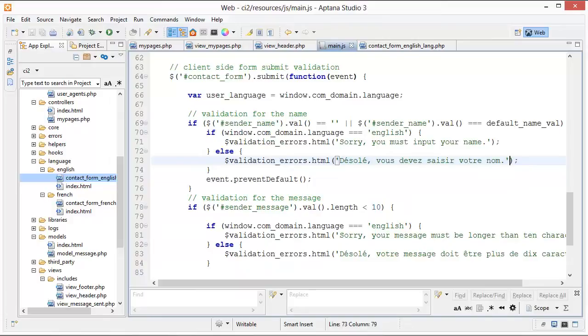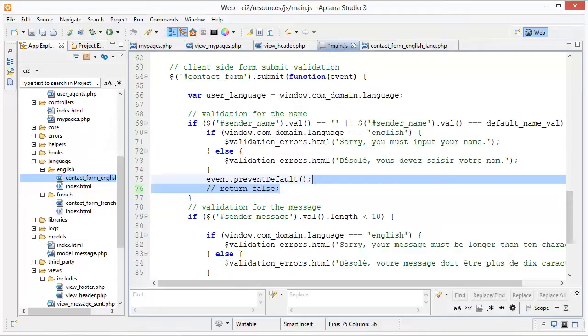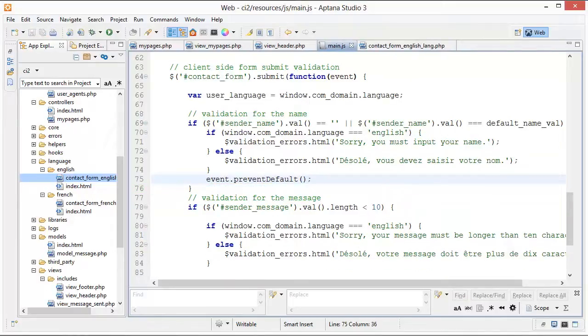The last thing we're doing is event.preventDefault, and I think this is basically the same as doing return false here. So in your JavaScript functions, for example, like a submit button, if on the event you put return false at the end, that is going to prevent the form from being submitted. But we can do it the jQuery way right here, which is